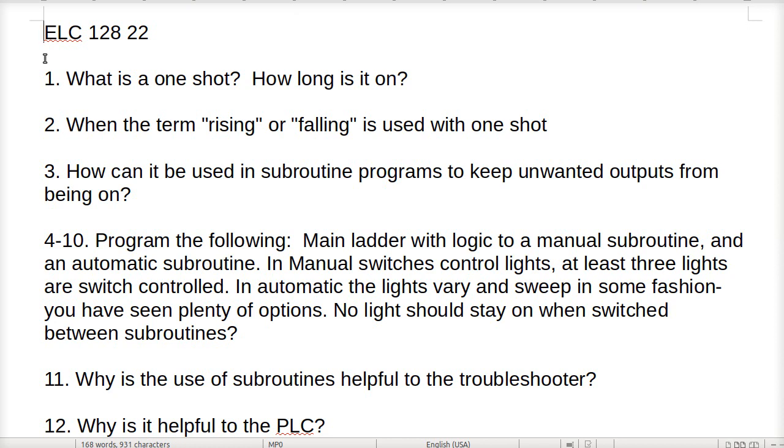At least 3 lights are switch controlled. So when you're in manual, if you make a switch, the light comes on. If you make another switch, a different light comes on. If you make a third switch, another light comes on. Then, if you push your start button and start your cycle,